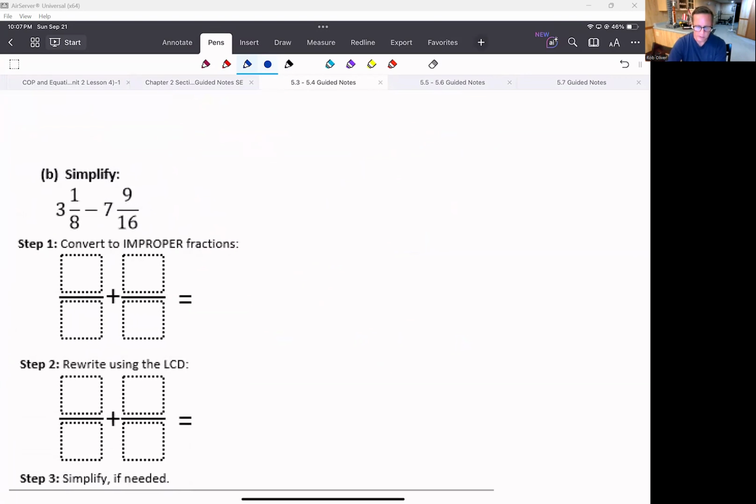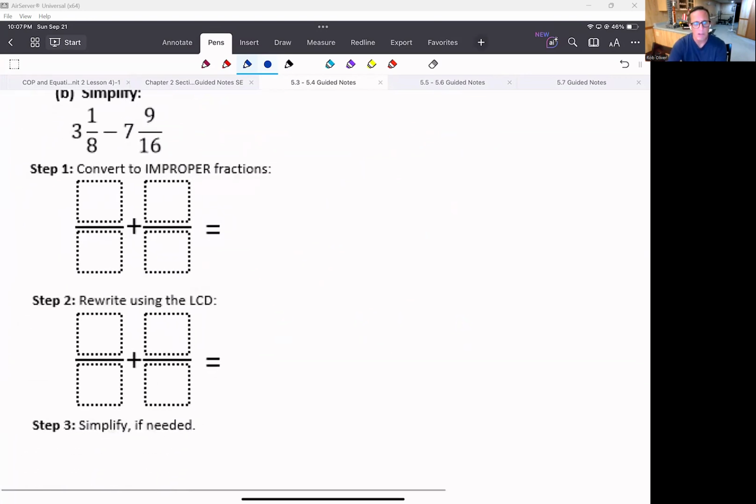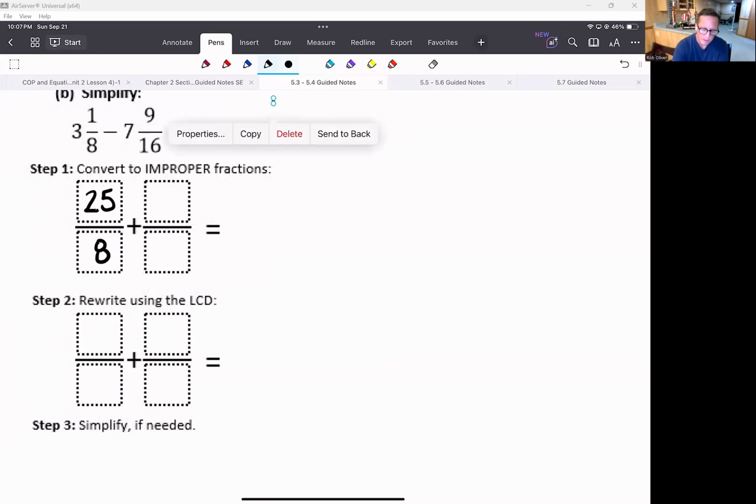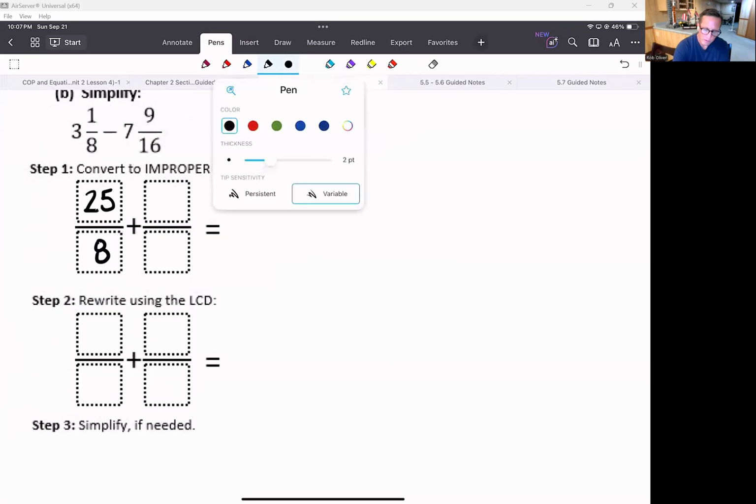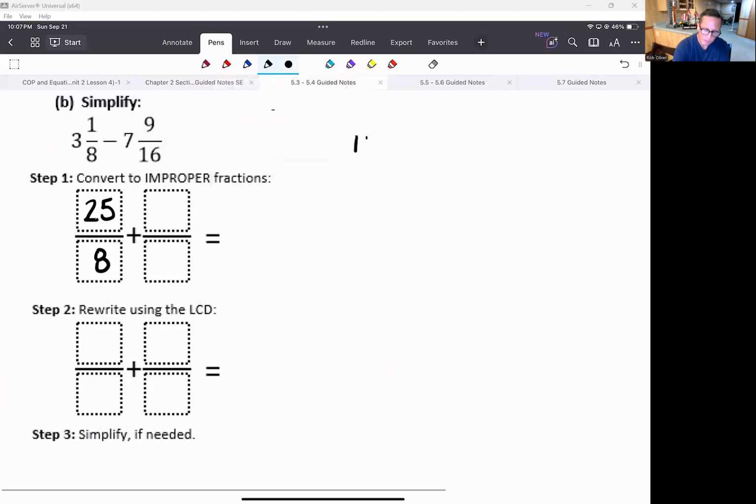Let's go ahead and look at subtraction. So I'm going to do this the same way. We're just going to change them into improper fractions. Okay, so 3 1/8 is 25/8. 7 times 16, what's that? 16 times 7 is what, 42? So that's going to be 112 plus 9 is 121